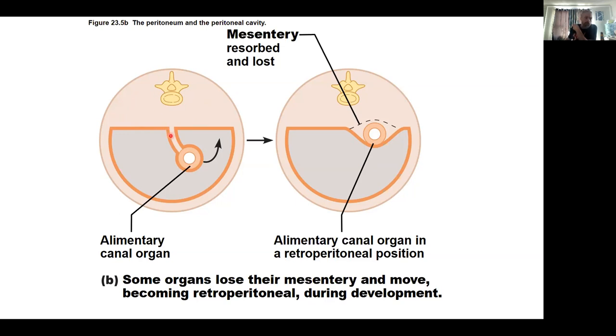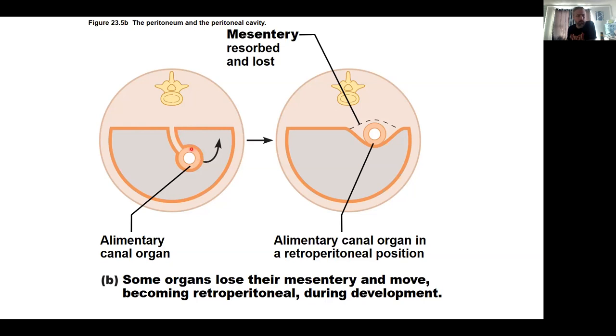And what happens is they begin life intraperitoneal, like our guy is here. But during development, they get moved back and they end up contacting this visceral peritoneum, or excuse me, the parietal peritoneum back here. And what can happen when we do that is we can actually get this